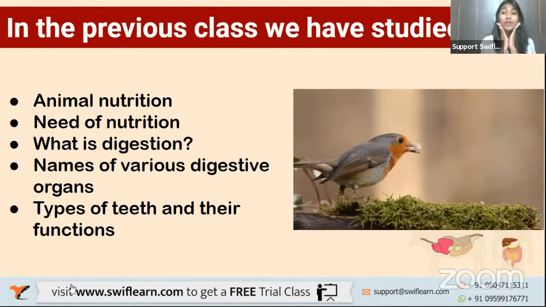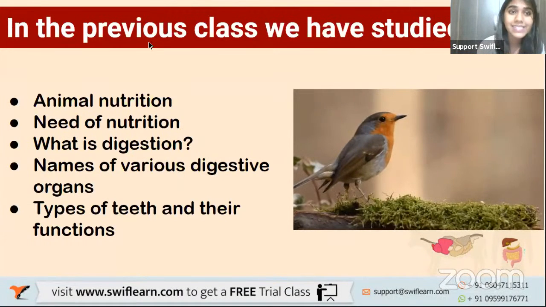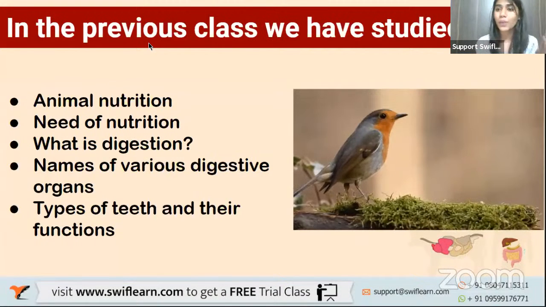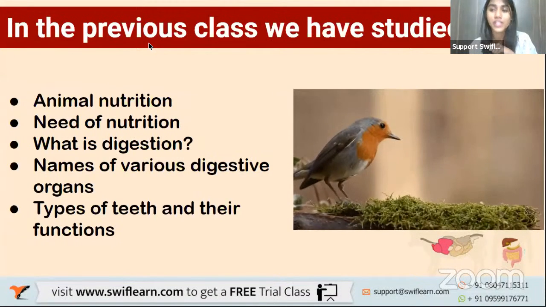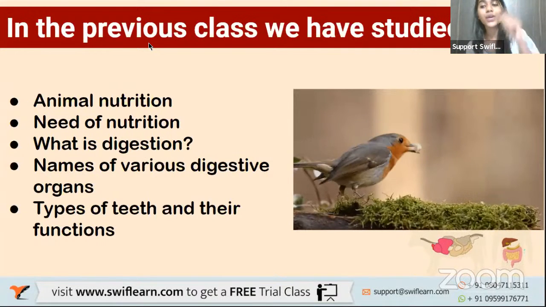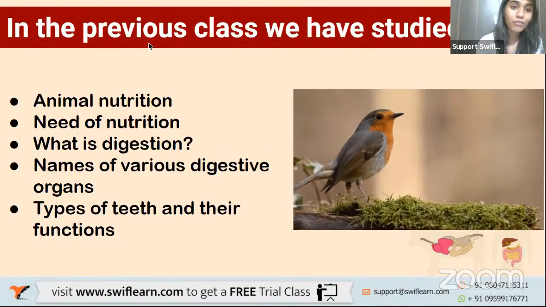And also the types of teeth and their functions. So these are the topics that we discussed in the previous slides. And if you want, the video is already available in our channel. If you have any doubts regarding these topics, you can go to that video and check it out. Okay, so moving forward,